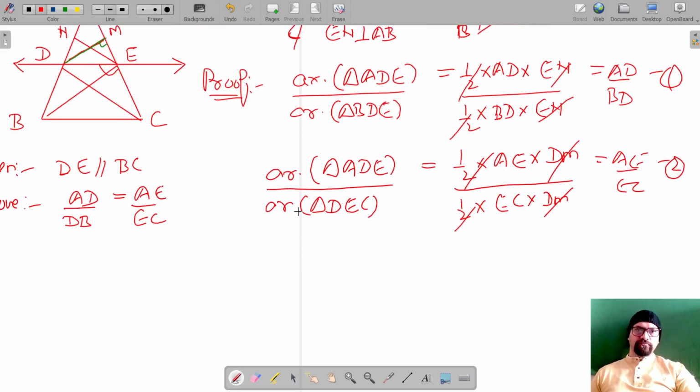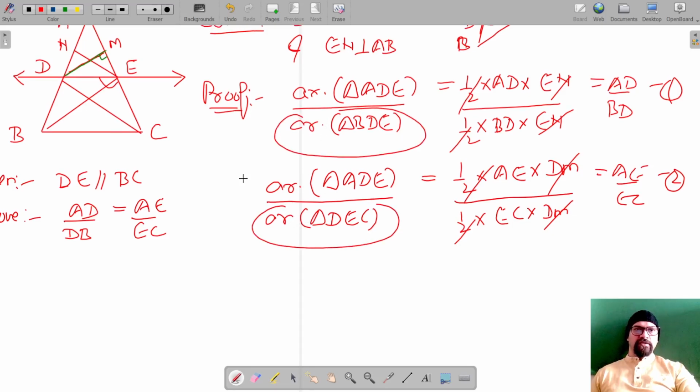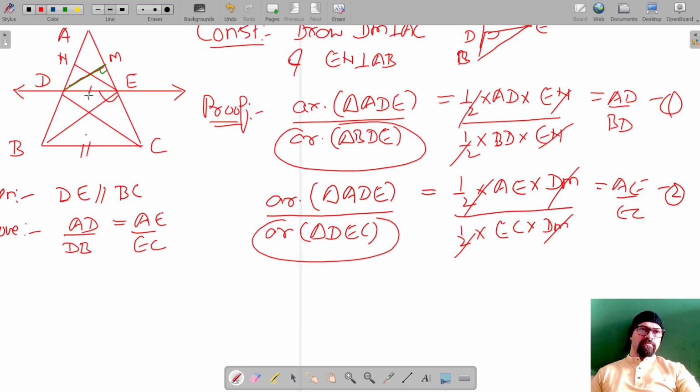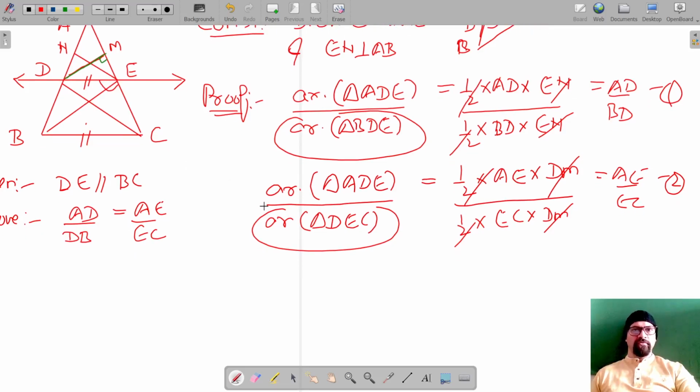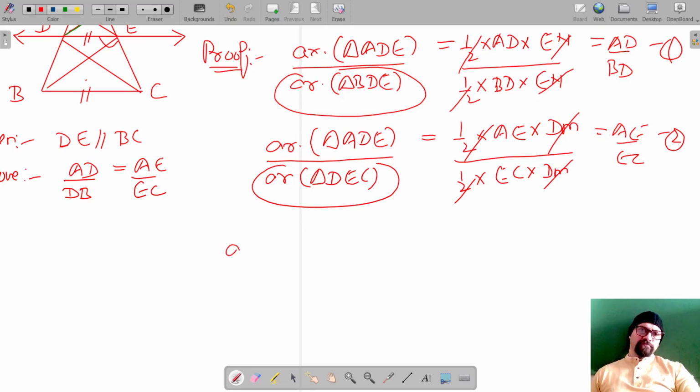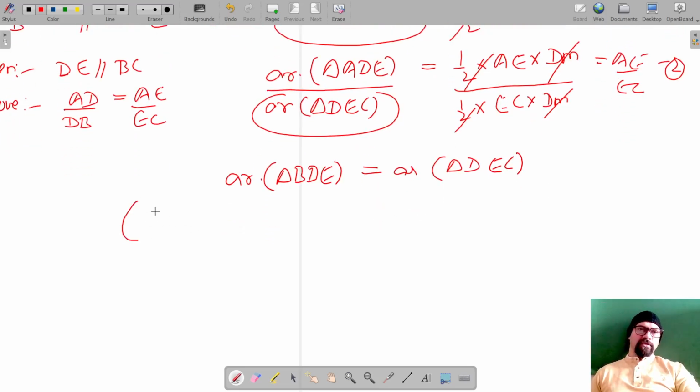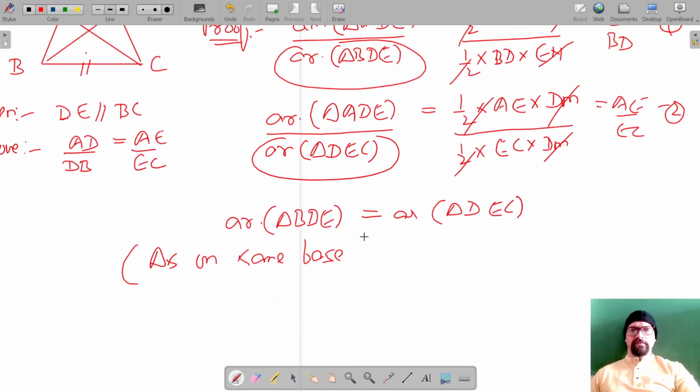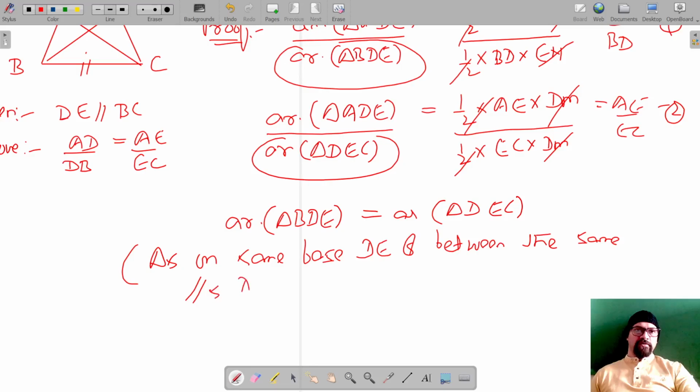Okay, now these are the triangle BDE and triangle DEC. These are between the same parallels DE and BC and on the same base DE. And we know that triangles on the same base and between the same parallels are equal in area. So here, area of triangle BDE is equal to area of triangle DEC. The reason being, these are triangles on the same base DE, and between the same parallels DE and BC, and triangles on the same base and between the same parallels are equal